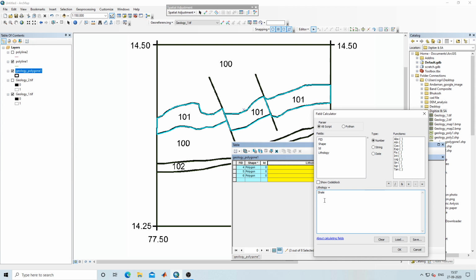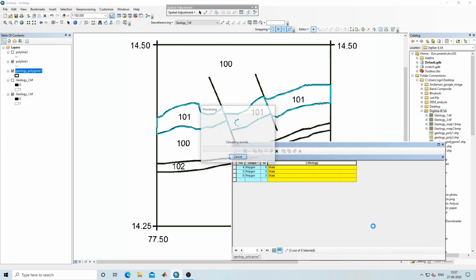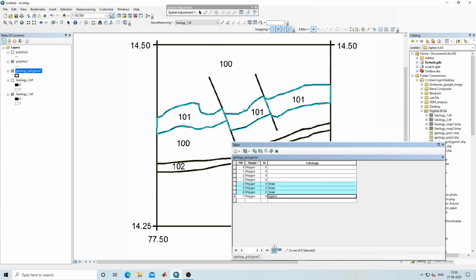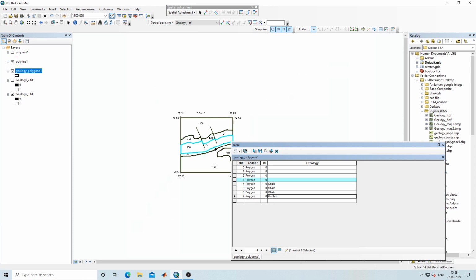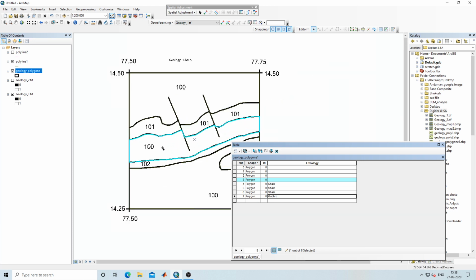Then give double quotes here and then OK. So now you can see shale. Again I will go here and select this. This is also 100, so you can add here as gabbro.